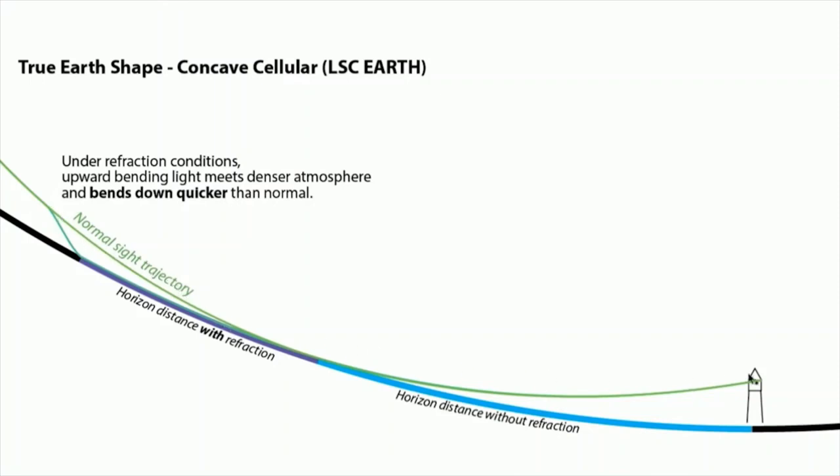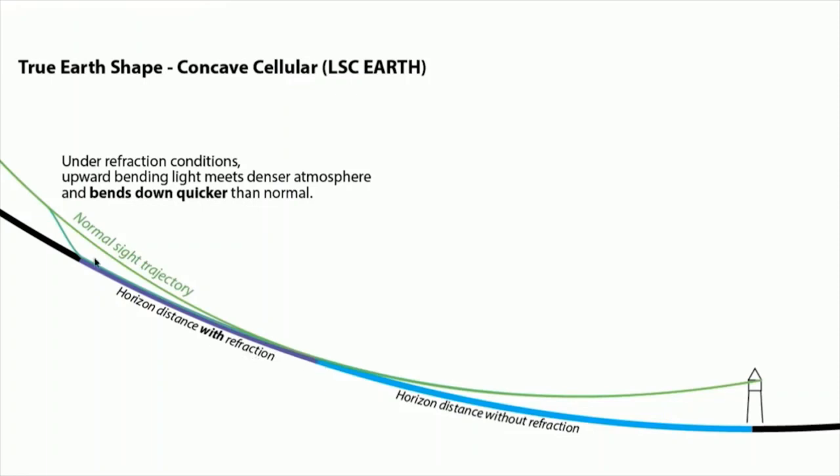Here's my lighthouse over here. So under these conditions, let's say there's a warm pocket of air right here, or a different condition that's causing the refraction to happen in this region. That's why it's causing the observer to see a farther horizon out into the sea. If you see this blue line here, this is under just normal atmospheric conditions where there's no detectable amount of refraction. Let's just say it's a negligible amount of refraction. So our horizon would be extended to right here.